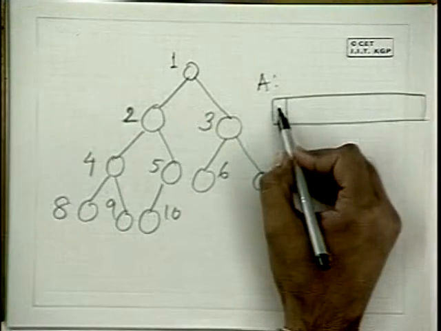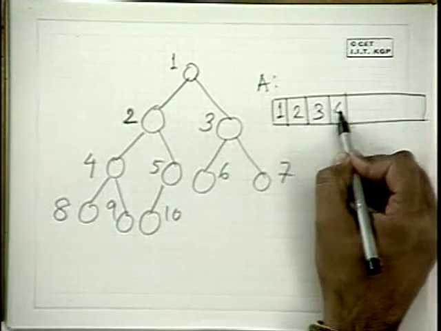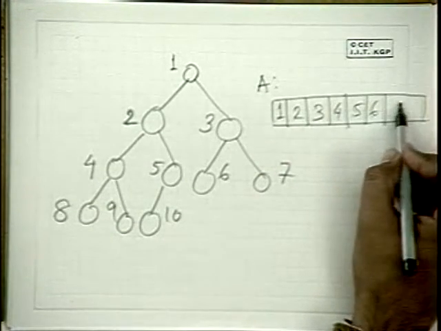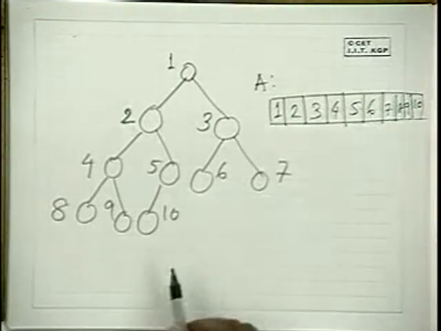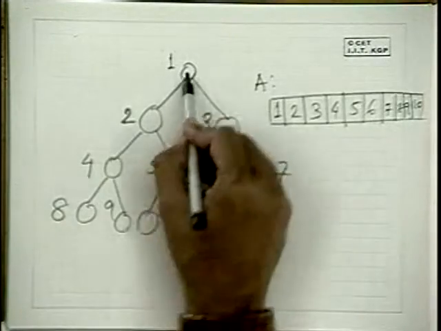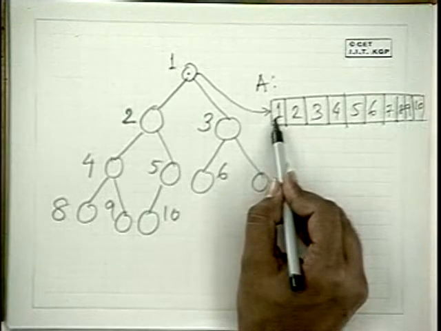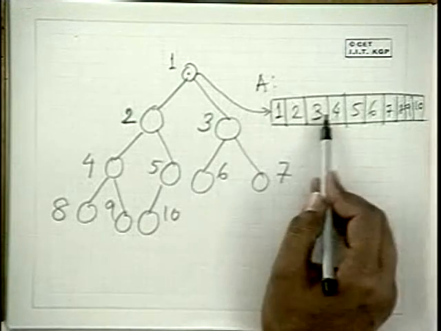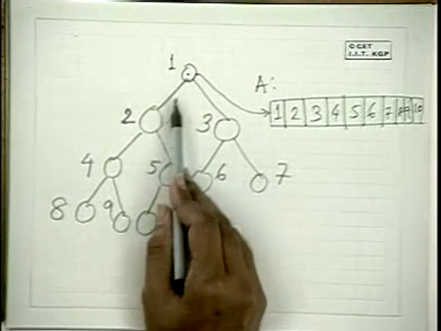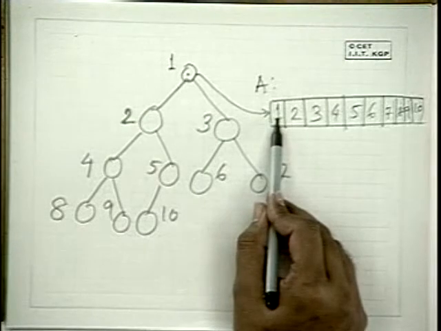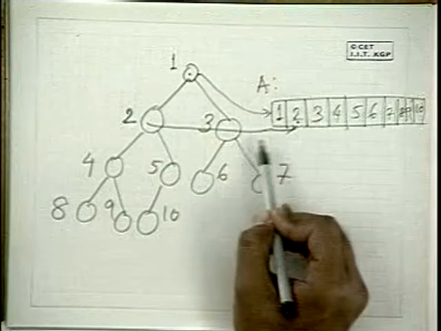So you can see, we just put 1 here, 2 here, 3 here, 4, 5, 6, 7, 8, 9, 10. So basically you have embedded the nodes here. Actually it will not contain 1, it will contain the value in this node. I have just written the index basically. And you can see the left child of 1 is 2, and 2 times 1 is 2, which is basically this one. Here goes this one. This one goes here.